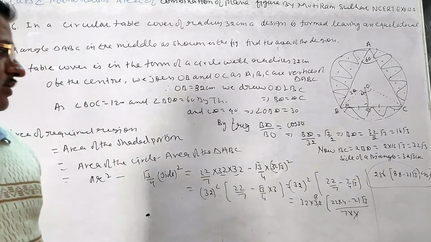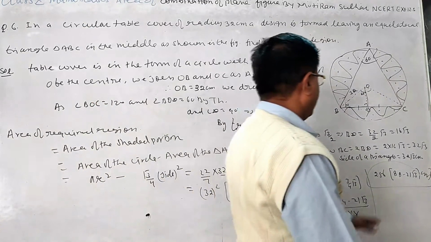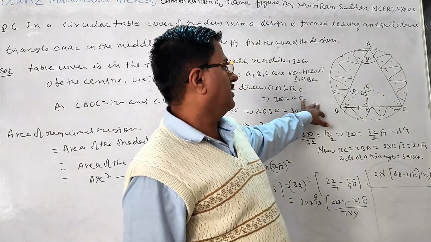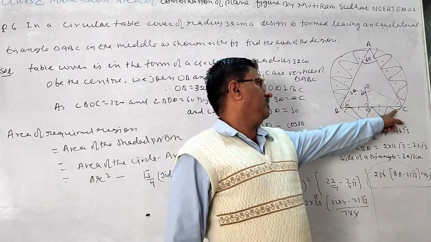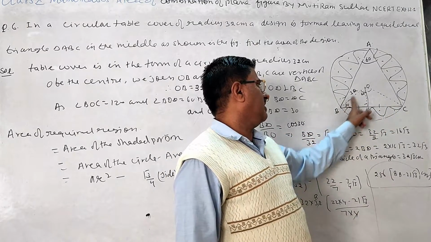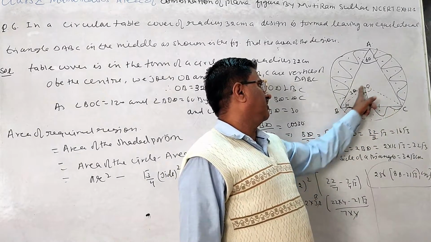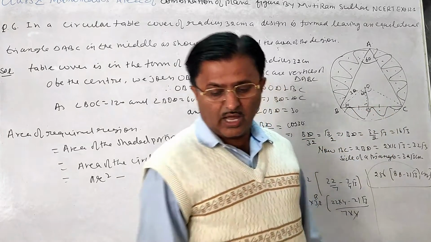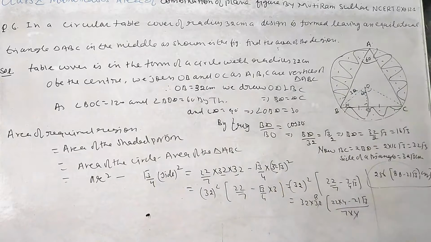For that reason we are saying the required area will be this. So dear student, this is very important: how to find the side of the triangle. To find the side we have to use geometry and trigonometry. Both topics we are using here. With the help of that we find it. So now next, see,